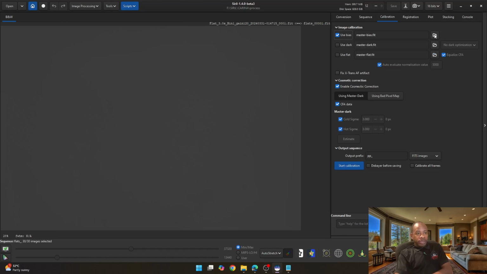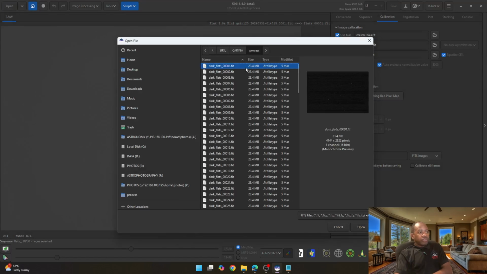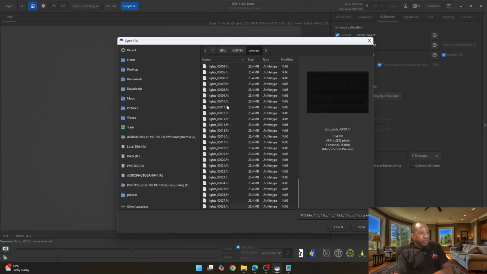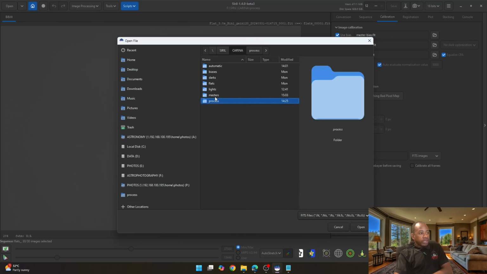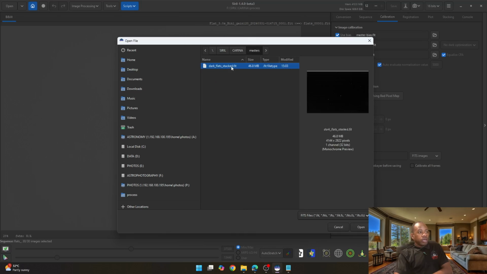So we click on this folder and we select where the master bias is located. Right, and we go into the masters folder, and yes, that's where the dark flats, also known as a bias. In your instance it may be bias, but in my instance it's going to be the master dark flats. And we select this,